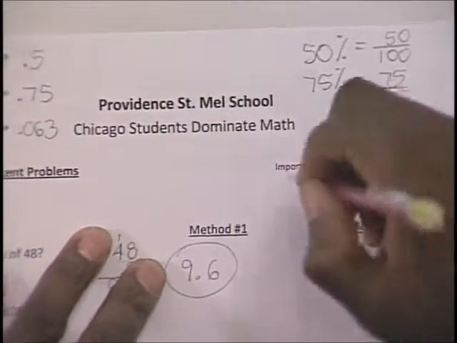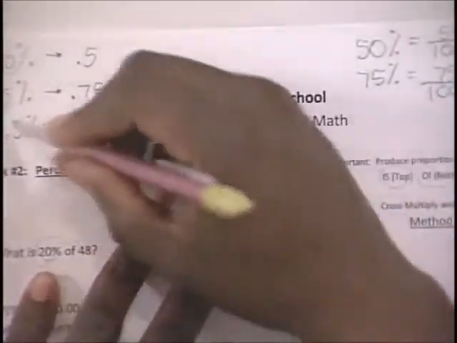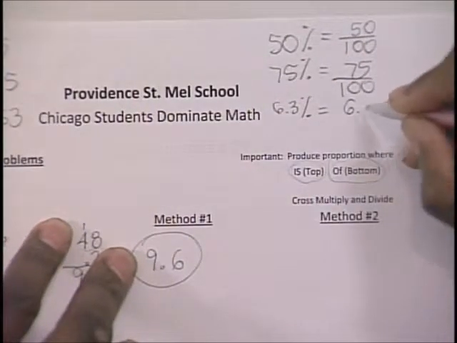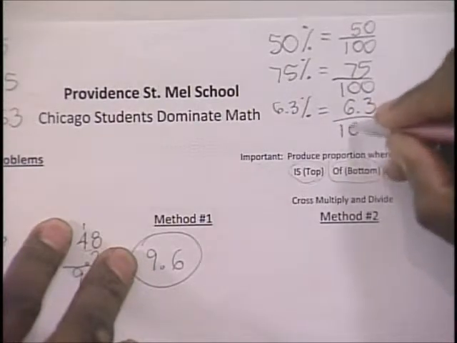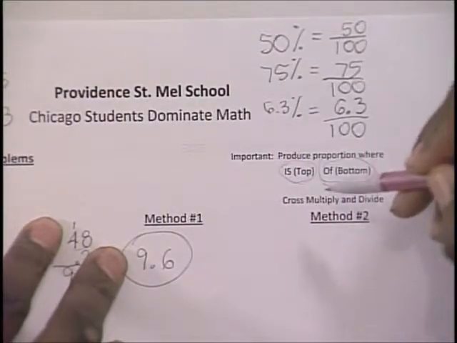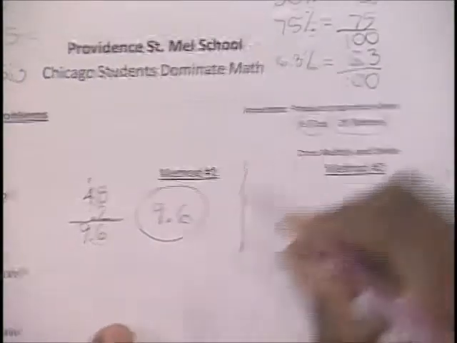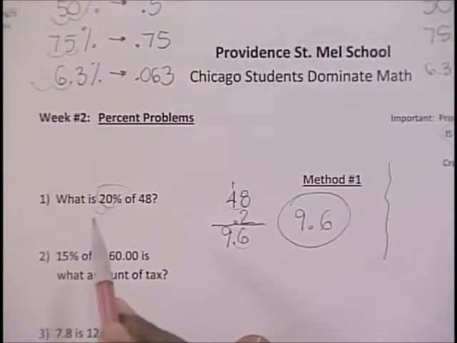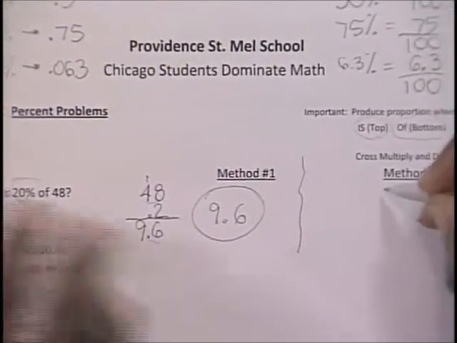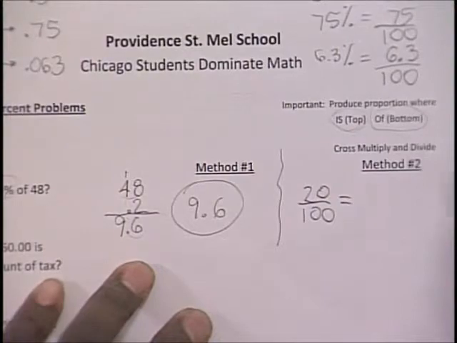With this second method, I'm going to ask you to be able to turn a percent into a fraction, not a decimal. 6.3%: percent is always something out of 100, so you take 6.3 over 100. So let's show mastery level understanding by figuring out what 20% of 48 is. We start with the 20%. With this second method, turn it into a fraction. That's 20 over 100. You set up a proportion, is equal to,